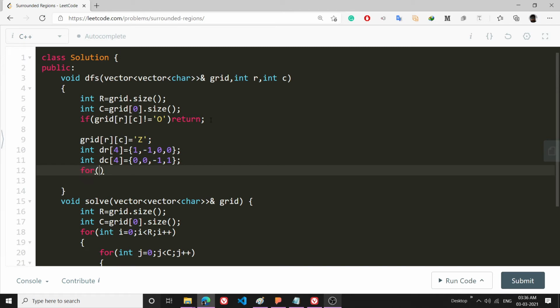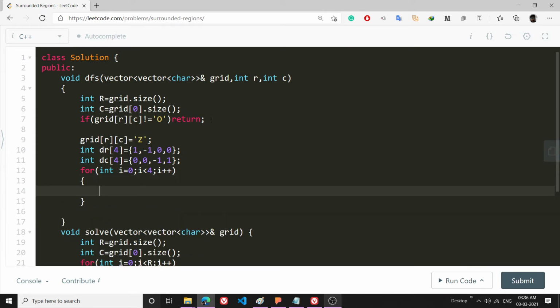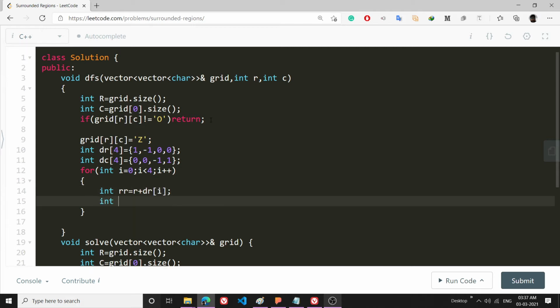And now I will write a for loop for int i = 0, i < 4, i++, and from here on I will make the new coordinates that I'm going to explore as int rr = r + dr[i], and int cc = c + dc[i].